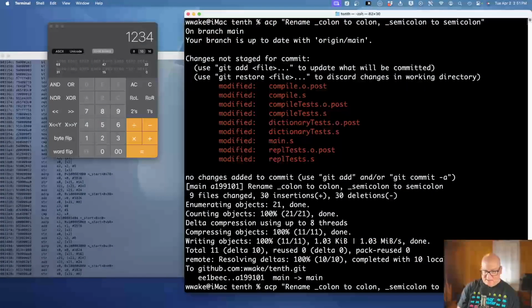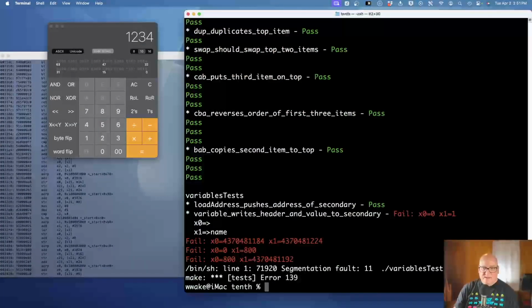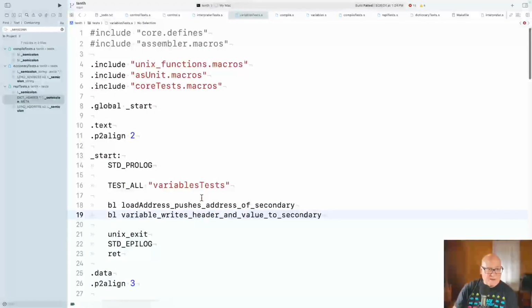We're back to our test. All right, so it doesn't get the right name. It doesn't get the right stuff. It doesn't find the dictionary. It's just no good. All right, but now in variables,